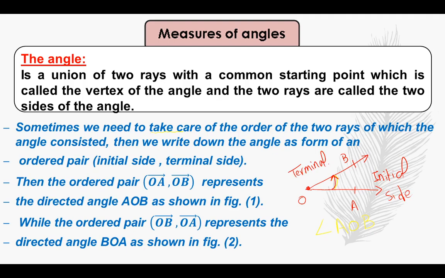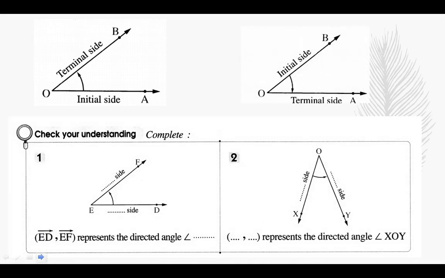Then the ordered pair OA and OB represents the directed angle AOB as shown in the opposite figure, while the ordered pair OB and OA represents the directed angle BOA as shown in figure 2. You will see figure 1 and figure 2. Here you can see that in figure 1,